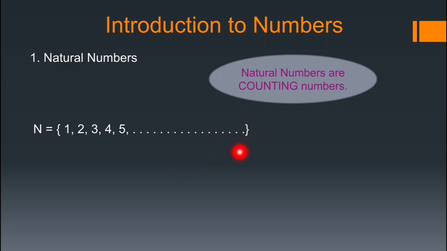Suppose I give you a number 5 and tell you that 5 is the largest natural number, then what do you do? You just add 1 to 5, then it becomes 6, and you tell me that 6 is the largest number. It means there is no largest natural number, because on adding just 1 we get another number which is larger than the previous number. So we have this set of numbers which is represented by capital N, that is natural numbers.